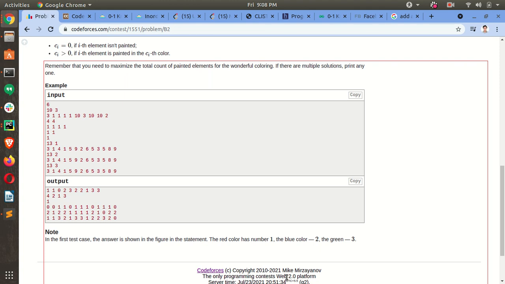Three different colors, known as this. Three colors we have, and we have to check the maximum. So maximum.